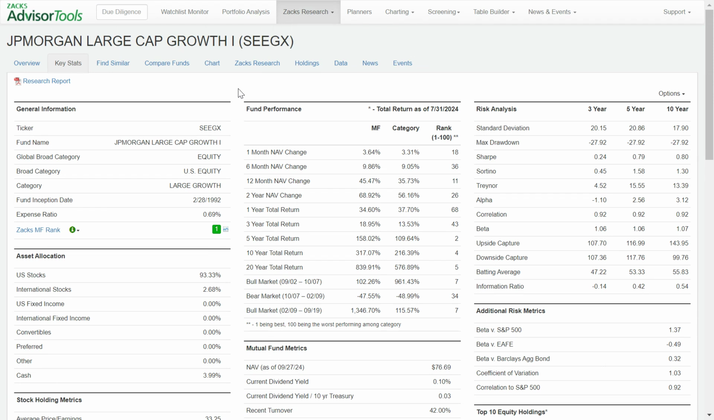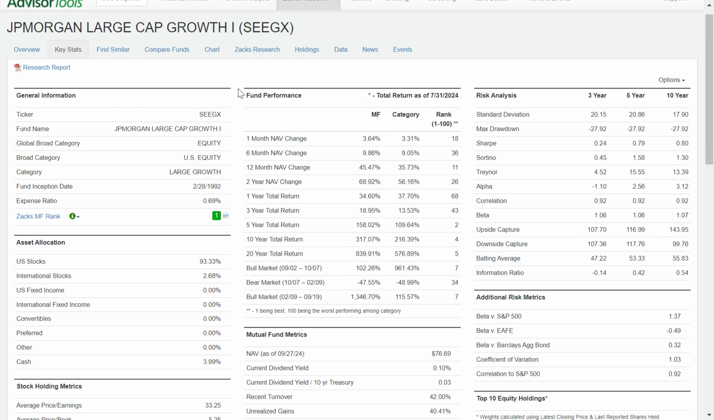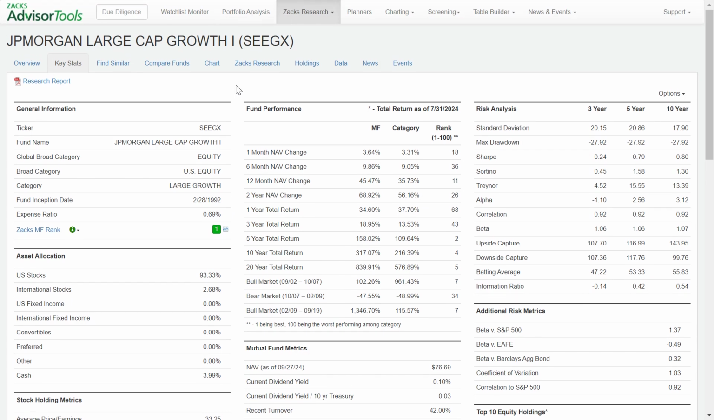All right, now we are back in the key stats section here. You're going to get a lot of high-level metrics here as well, so pretty similar to the overview tab. The one nice thing about this section that I like to call out is all of this information can be